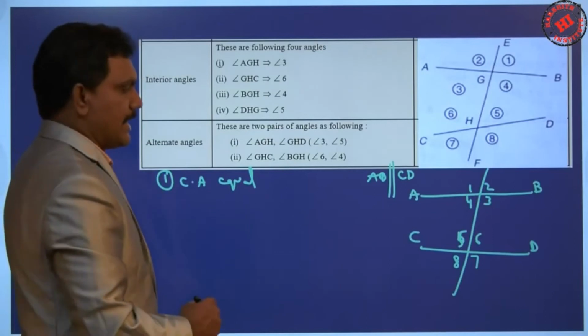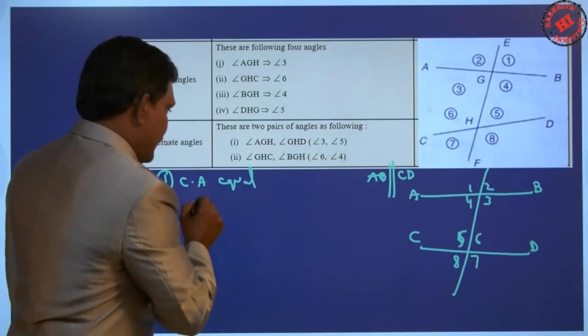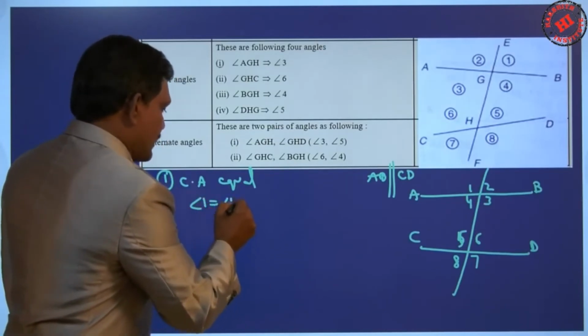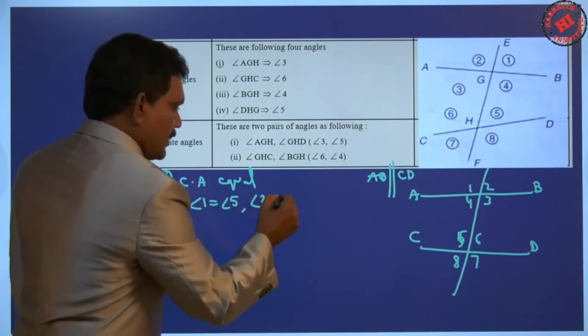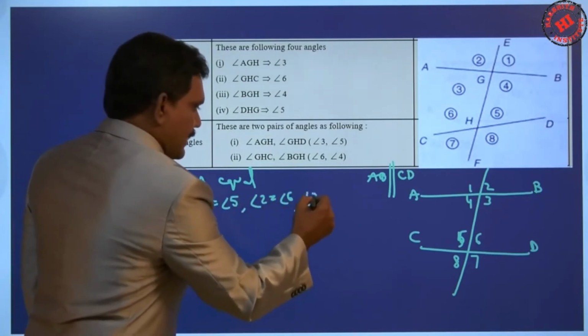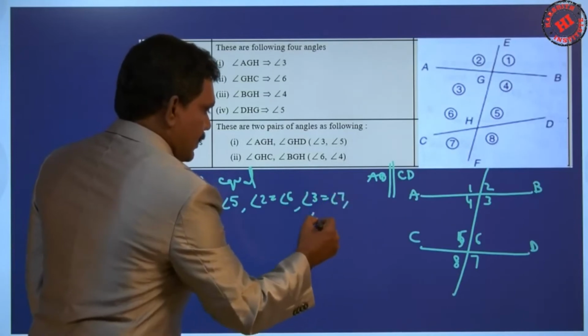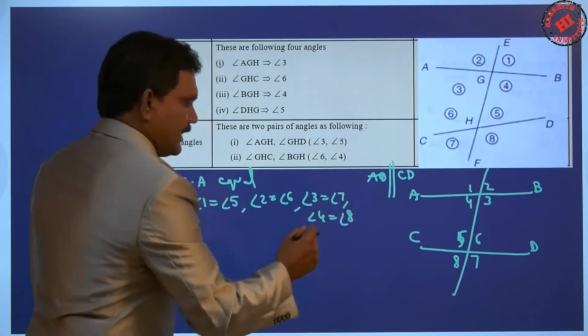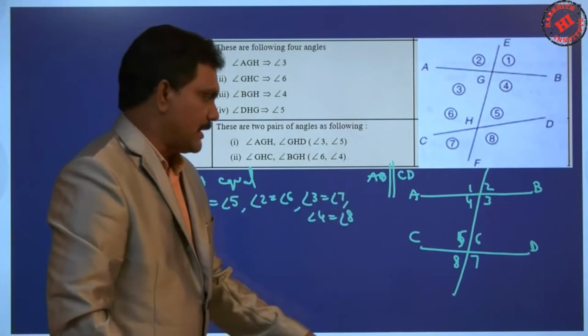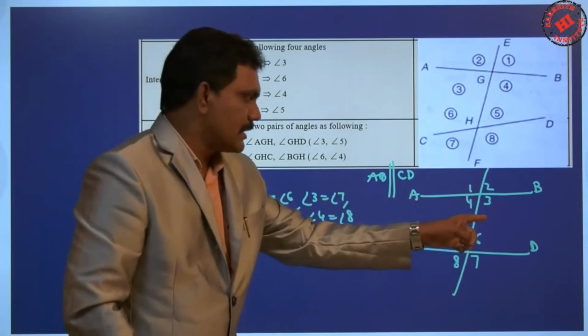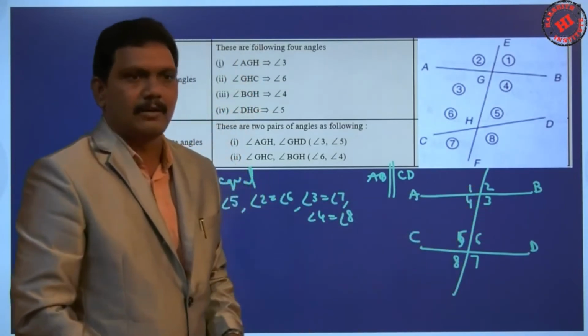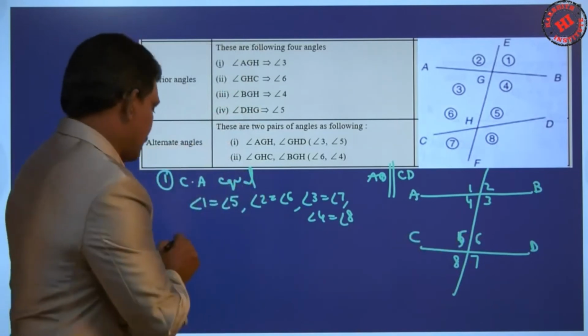What are the corresponding angles? That means the same place. Angle 1 is equal to angle 5. Angle 2 equal to angle 6. Angle 3 equal to angle 7, angle 4 equal to angle 8, which are at same place. 1, 5 are equal, 2, 6 are equal, 3, 7 are equal, and 4, 8 are equal. And the next point,